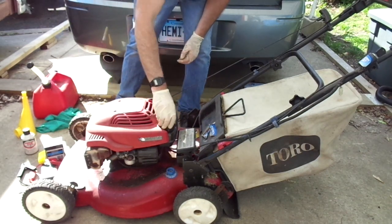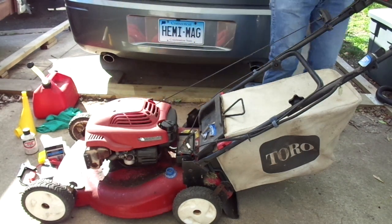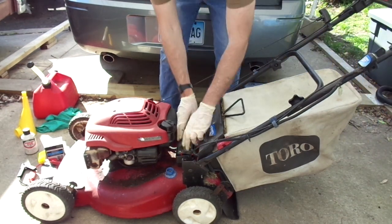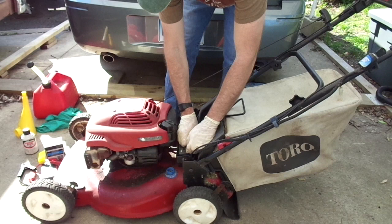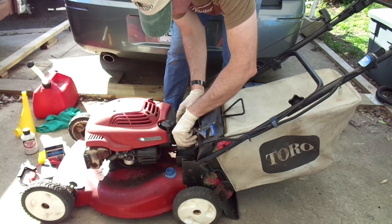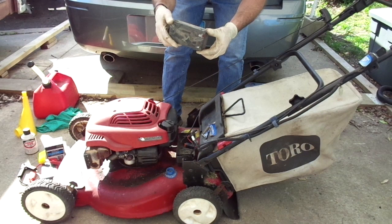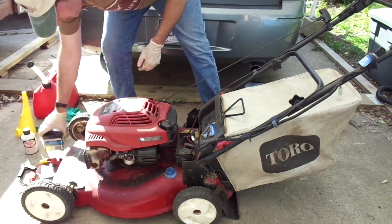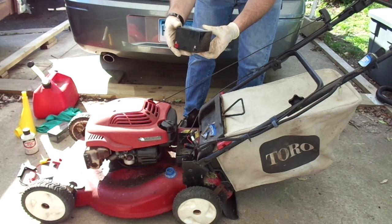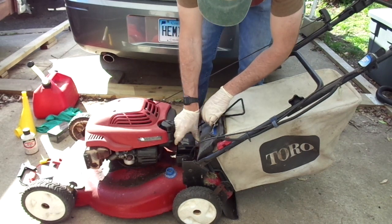Now, let's see. This battery is surely dead, seeing as though I don't really remember it working the last time. Yeah, I'm sure it's stone dead. I don't have the exact right battery to put in here, but what I do have is something that may just work. This is a 12 volt 3 amp hour battery. Now this here I got on clearance from Home Depot. I think they probably stock these for alarm systems and stuff. This is a 12 volt 5 amp hour battery, so of course it's not going to fit in here with the lid properly, but it does fit